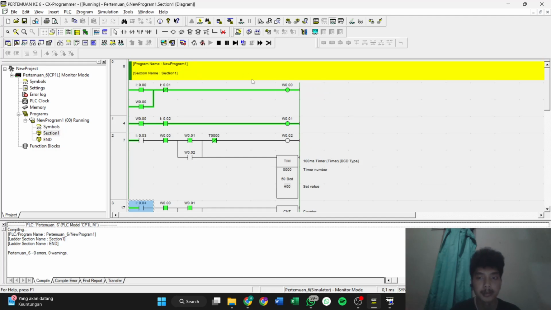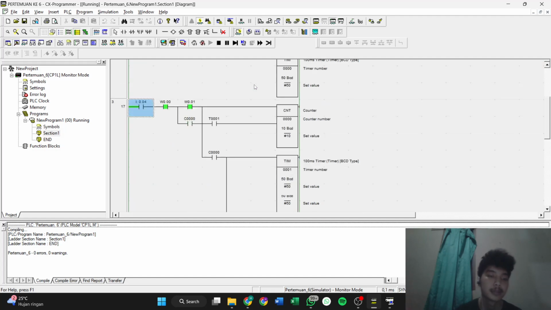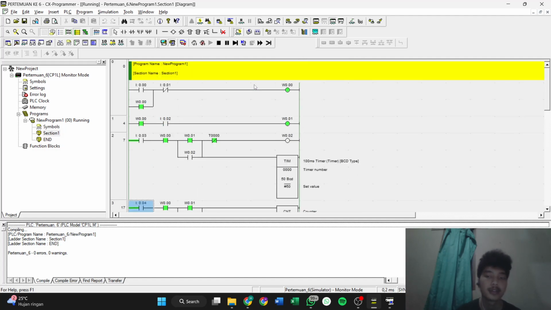Alright, now I will demonstrate the actual system using the PLC breadboard, with wiring and input signal. When I bring an object close to the proximity sensor, the input light on the PLC turns on and the solenoid valve activates, causing the piston to move. This is a real example of automation using a proximity sensor and PLC in industry.